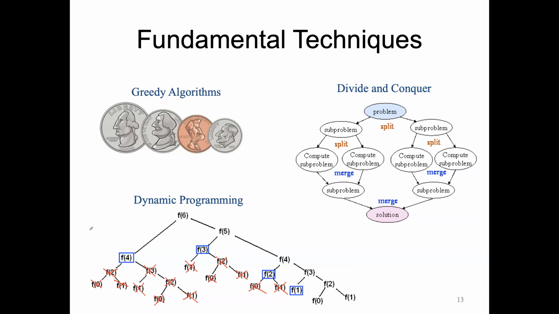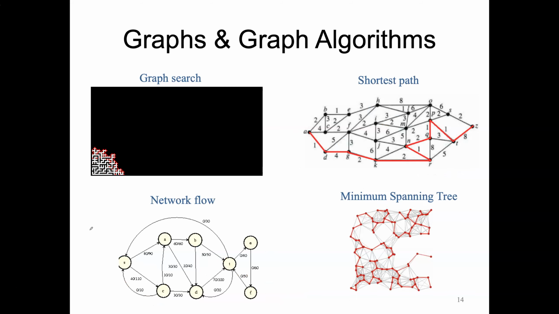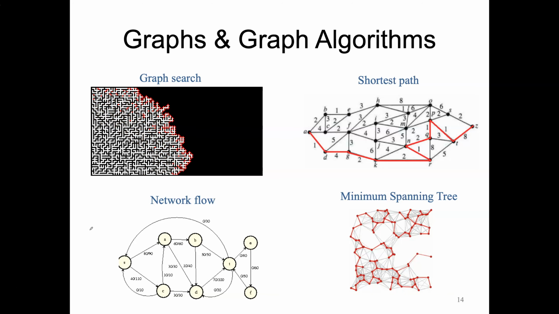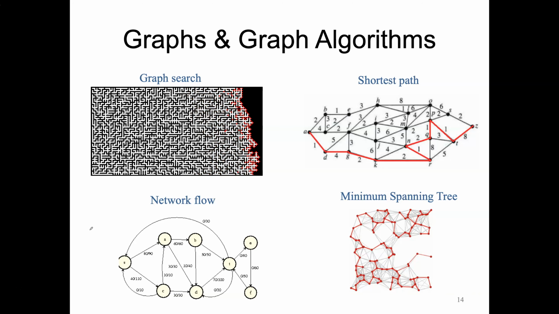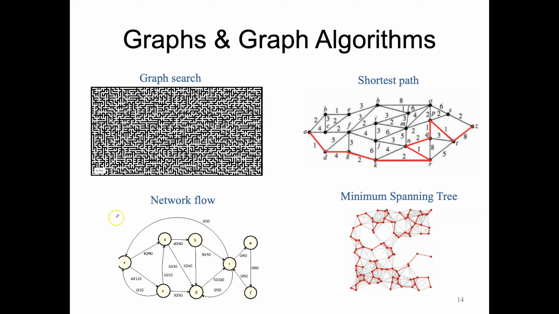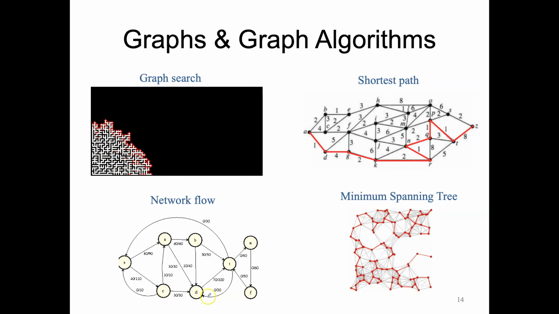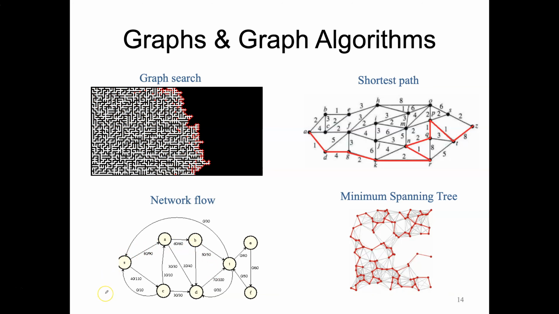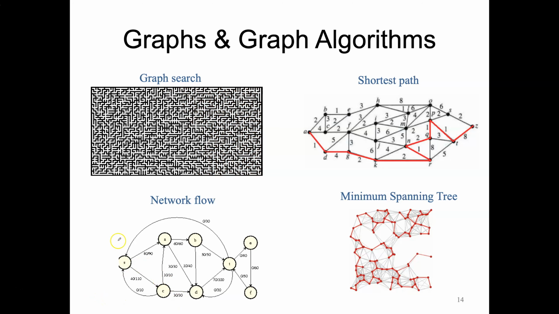Now in the last few weeks of class, we'll turn our focus to a rich and complex data structure, a graph. Many forms of real-world big data can be represented as a graph. This includes social networks, biological networks, collaboration networks, communication networks like computer or mobile networks, traffic networks like for planes or cars. Networks that model the distribution of some commodity, such as how water flows through a water network,